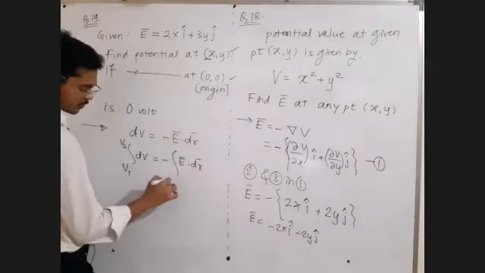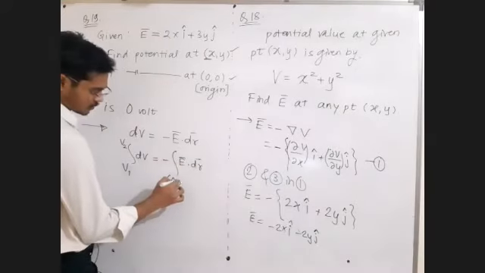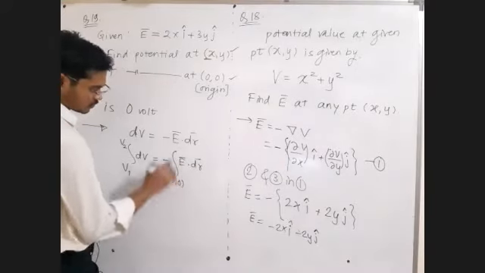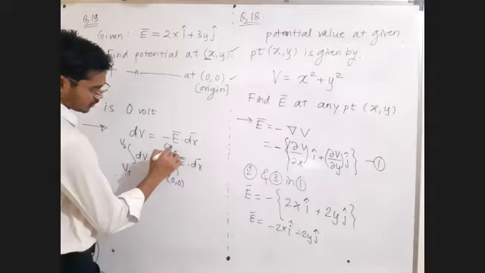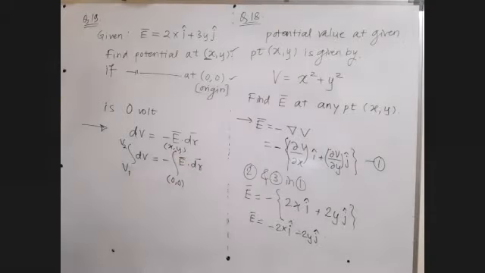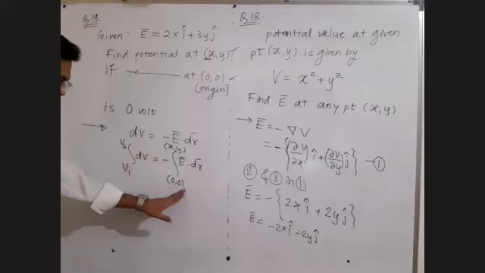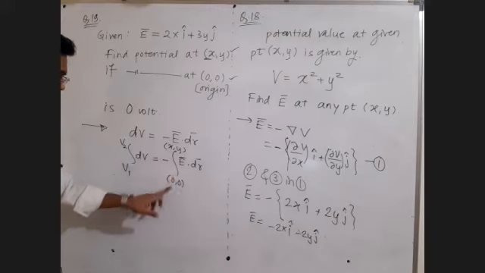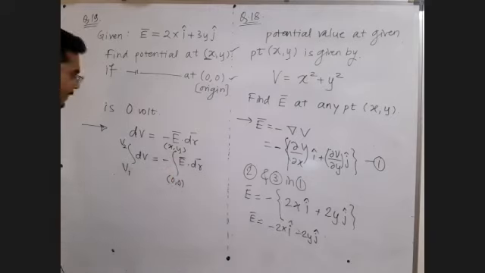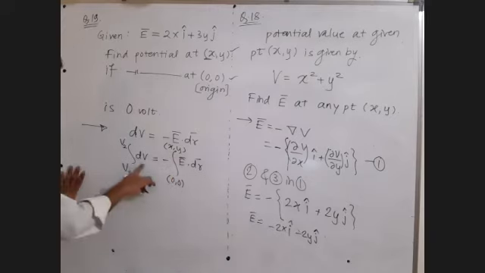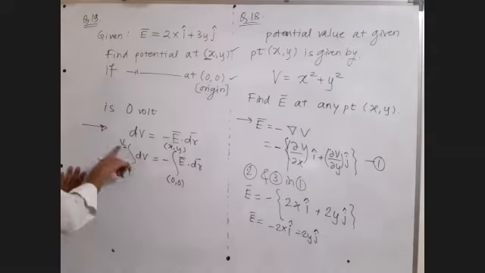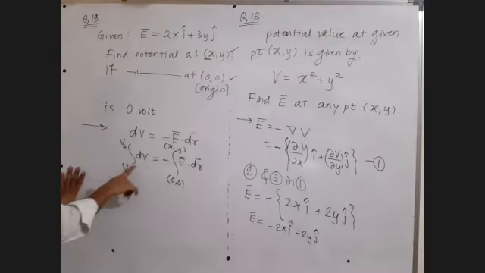Initial position 0, 0 means x value 0, y value 0. Final position x, y. Initial position potential is V1. Final position potential is V2. Or you could have written x1 y1, x2 y2. x1 y1 are 0 comma 0, x2 y2 are x comma y. So integration dv, upper limit V2, lower limit V1,